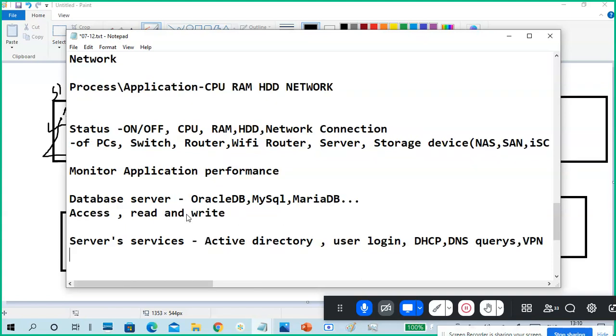So we can check whether the server services are running or working properly or not. So that is also something we have to monitor.